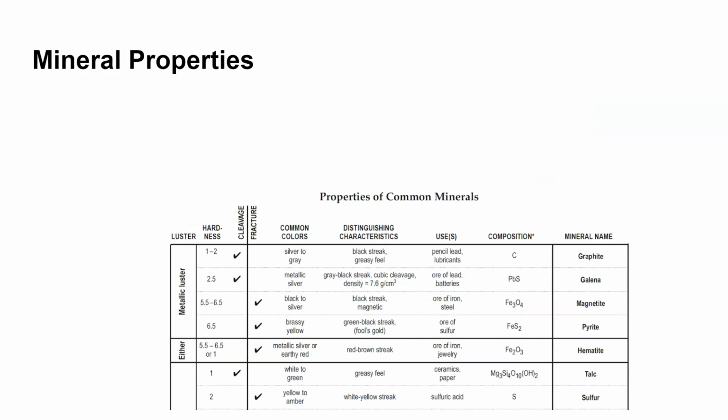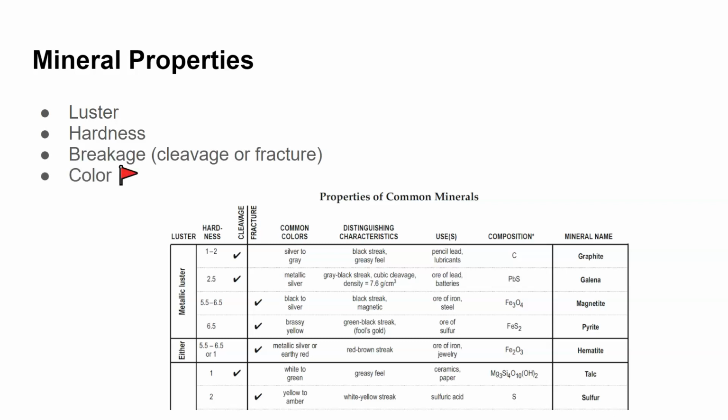Okay, so the next thing we want to take a look at are mineral properties, and you're going to find those mineral properties on the Properties of Common Minerals page on the back cover, page 16 of your Earth Science Reference Table. So we'll get into this in just a minute. But first, we want to take a look at what the properties are. We have luster, hardness, breakage, which is subdivided into cleavage or fracture,